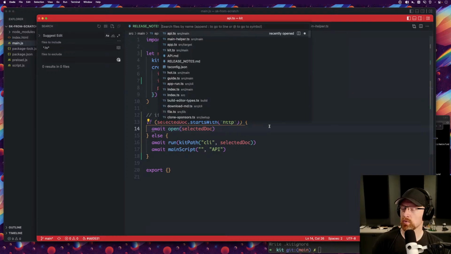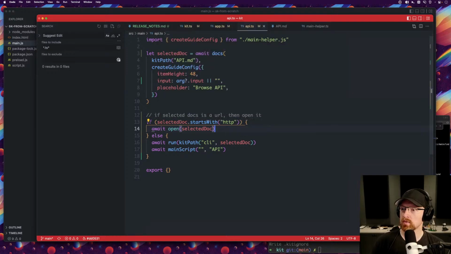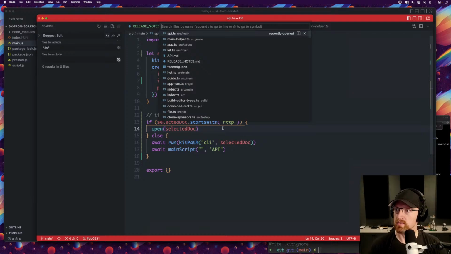All right, so if selected doc, let's do if selected doc is a URL, and open it. And then I'm gonna have to go through, yeah, setting those to the header 2s made it so should I force someone to set a value? I don't think so. If I don't force someone to set a value, then I'll just have to go through my own docs and set values on all of them, which isn't an issue. It's just